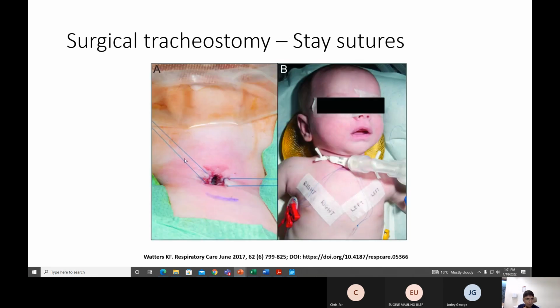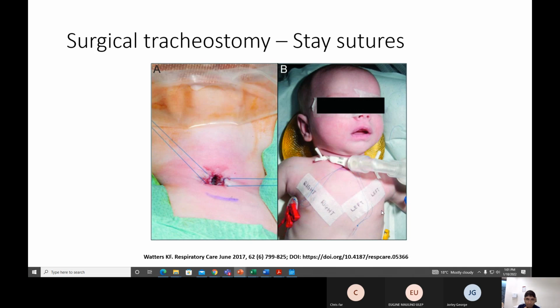You can see here, it's the first time the surgeon is doing the tracheostomy. In this instance, they are pulling the stay sutures, and the trachea comes up to the surface, and then the surgeon will insert the tube. Once the tracheostomy tube is in and secured, the surgeon will stick the sutures on this side and mark them right and left. This is really important because if you mix it up or cross it over, if you pull them apart, you may actually be closing the tracheal hole. So it's really important to keep this marking and these stay sutures on the right